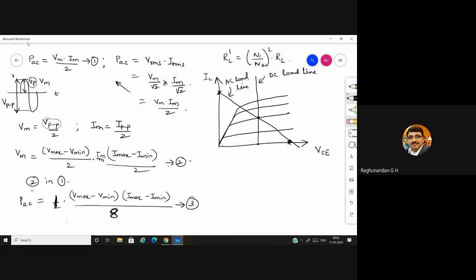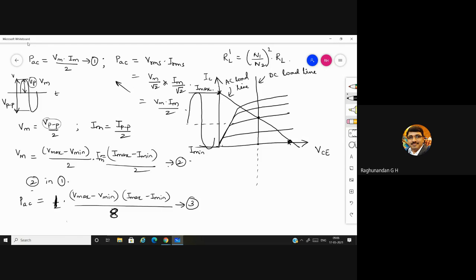Now, while finding out the efficiency, will we be finding minimum efficiency or maximum efficiency? Maximum, sir. Yes, good. So we'll be finding maximum efficiency. While finding out maximum efficiency, we take up the maximum swing the signal can have. See, this is the maximum swing. So this is Imin, Imax.